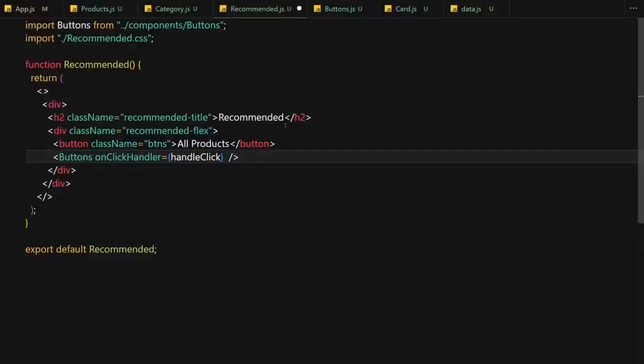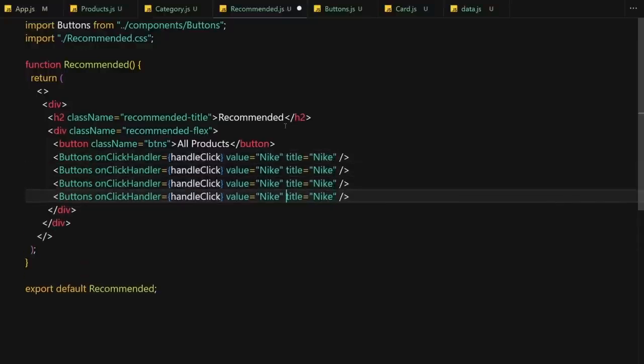And yep, that's cool, but why is it giving us an error anytime I want to pass some sort of a value to it? So I'm going to pass some sort of a value like Nike. Now it's not giving us any error, and I'm going to also pass the title of Nike as well. Okay, so that's cool. So I'm going to just duplicate that for Adidas, Puma, and Vans, and I'm going to